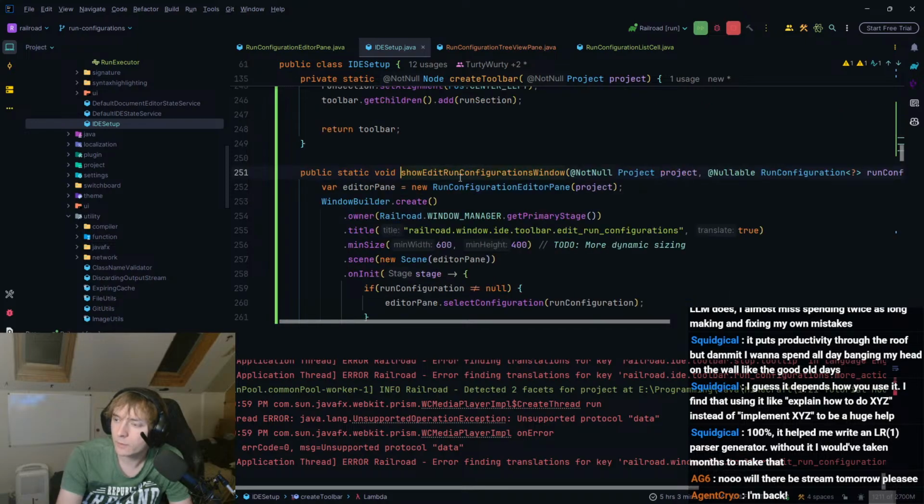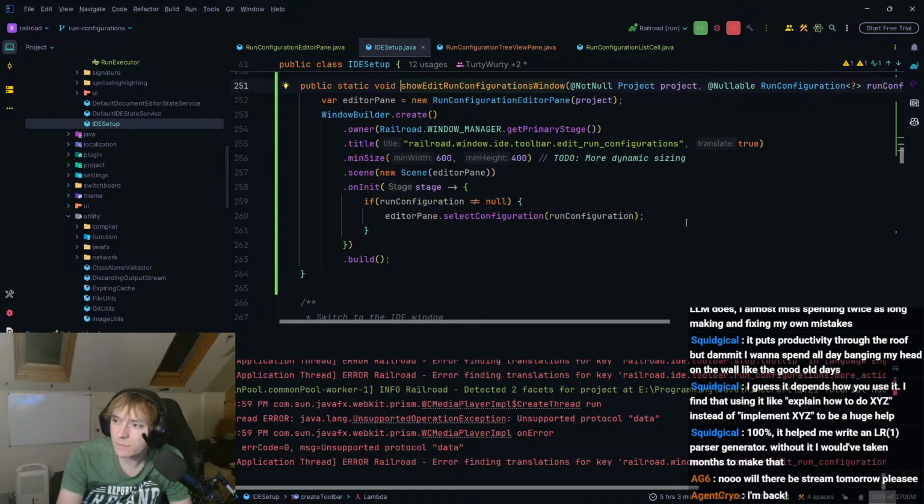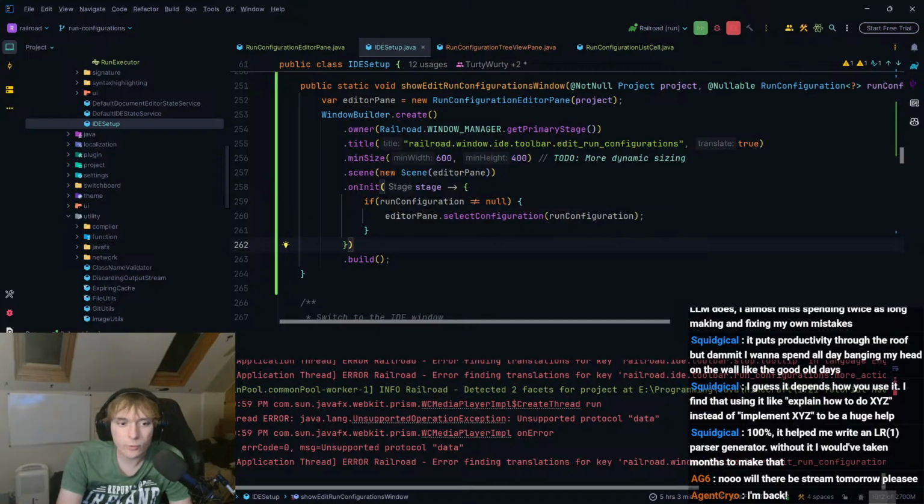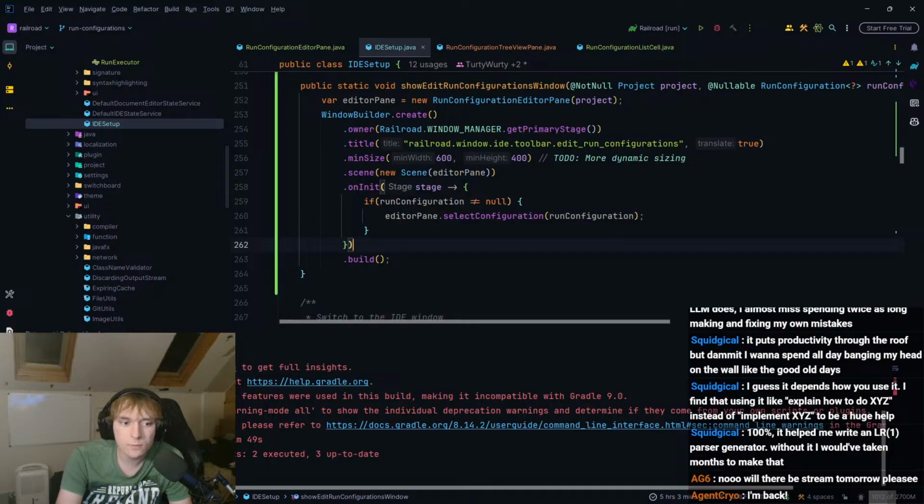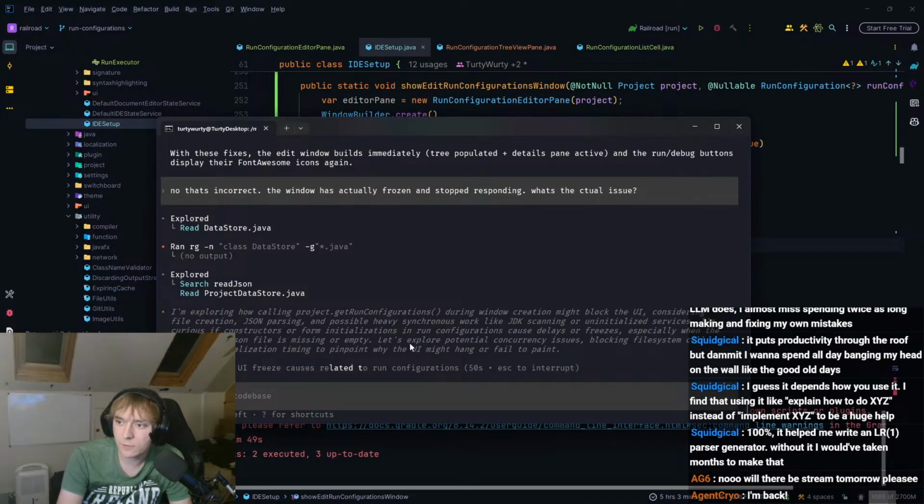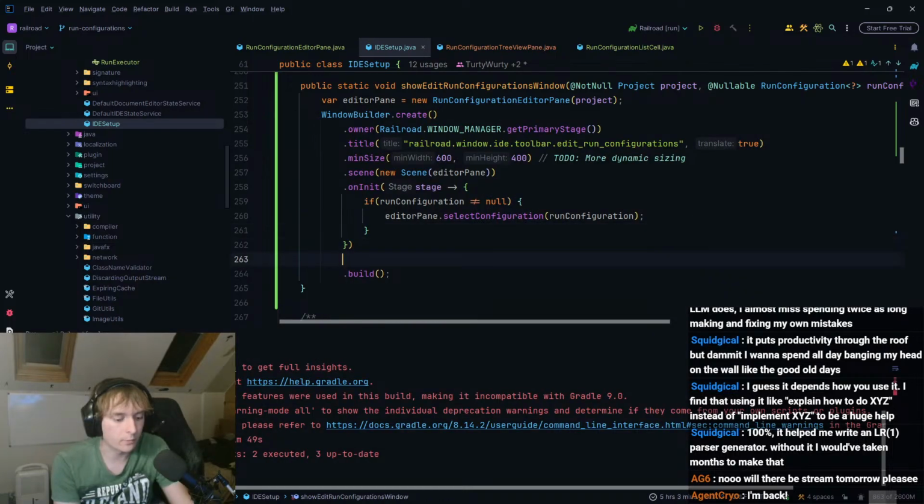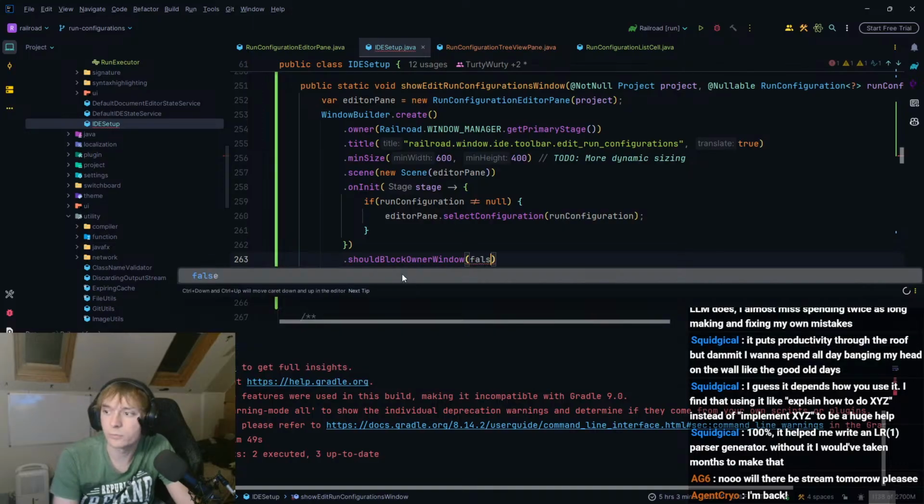Like, if we look at this, go edit run configurations window. Maybe it's because it calls show and wait rather than... Maybe? Could it be that? I mean, we could try and not do that and just see what happens if ChatGPT can't figure it out. Yeah, I'm gonna try that actually, real quick, because we should be able to try this before it figures it